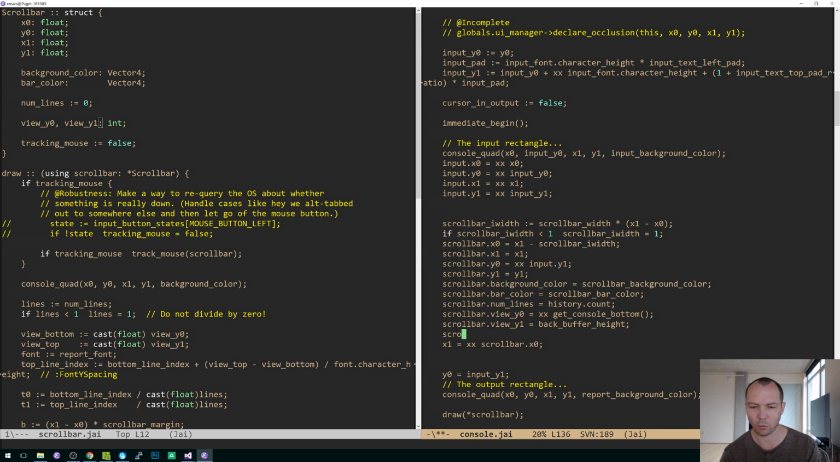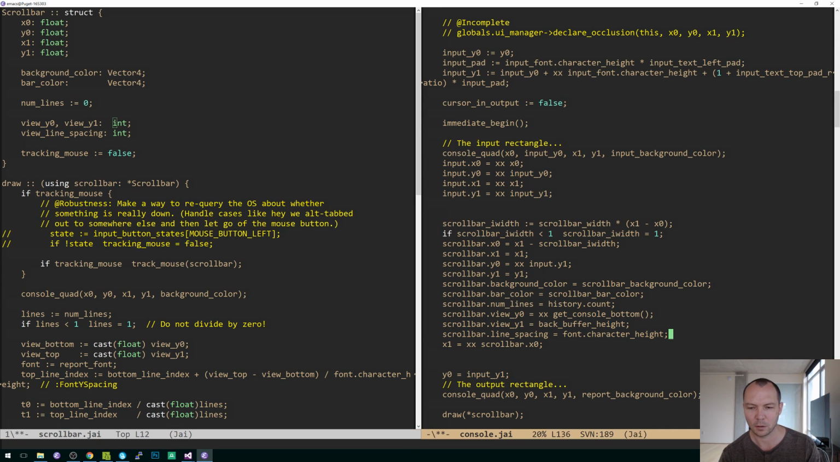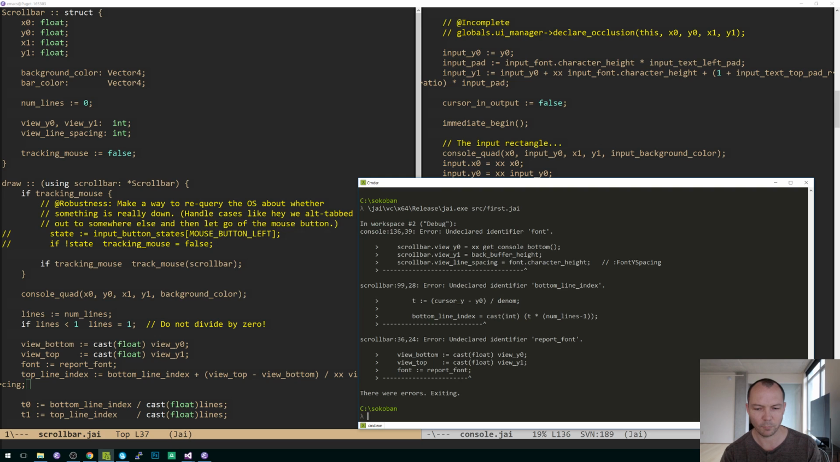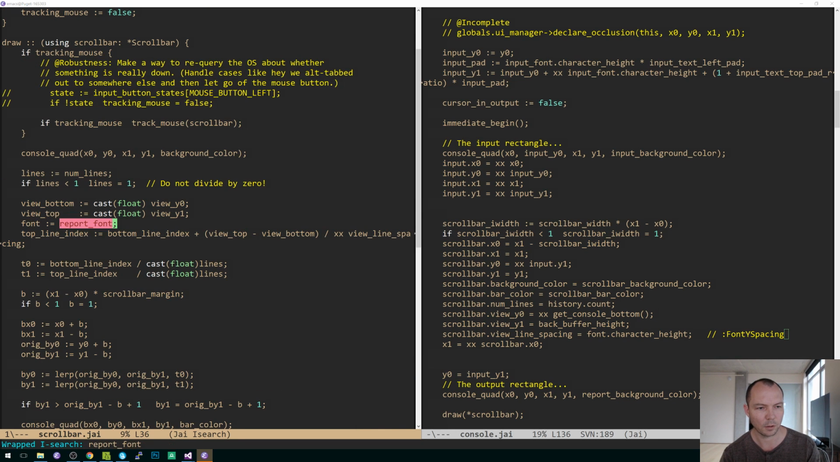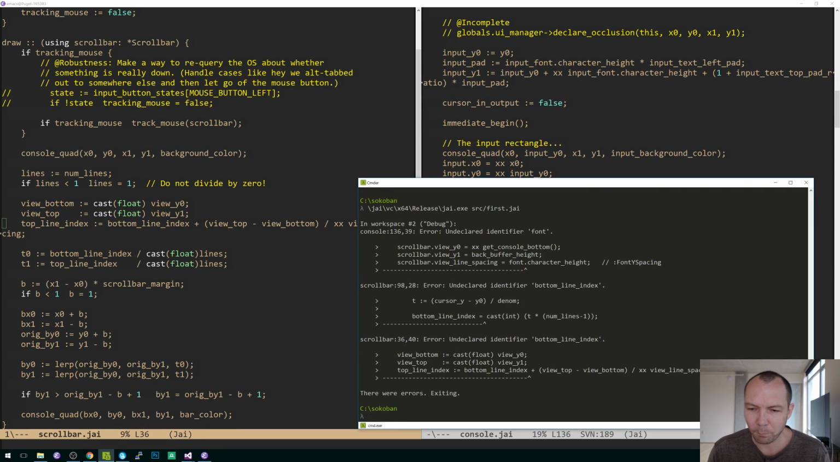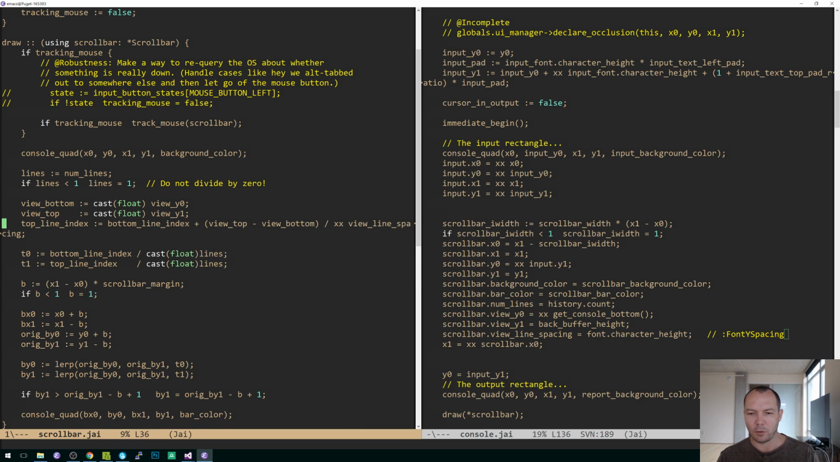Okay, report font. So scroll bar dot line spacing equals font dot character height, view line spacing int. And I want to copy my font Y spacing over to here. And then we don't have bottom report font. I don't need font anymore. Bottom line index, oh, I do need, back over here. This is report font. Okay, so now